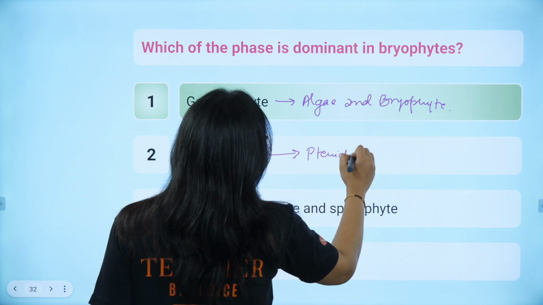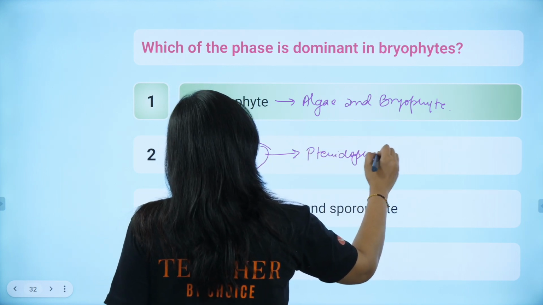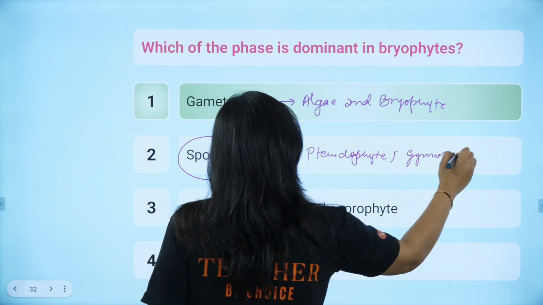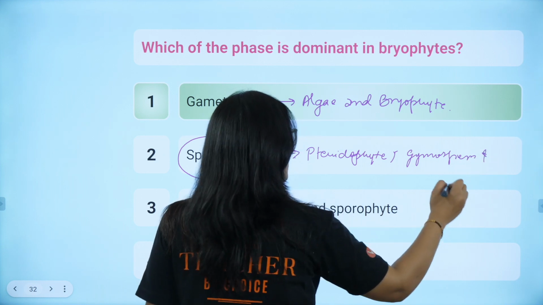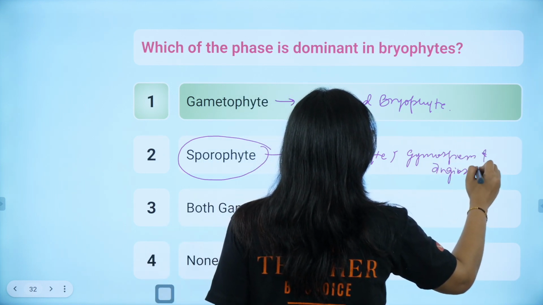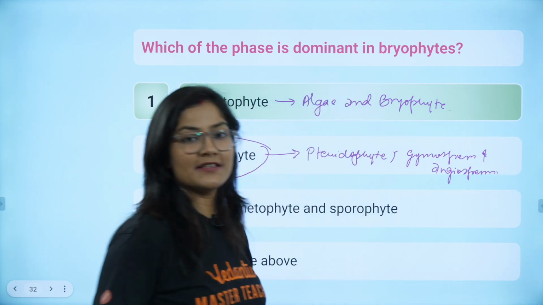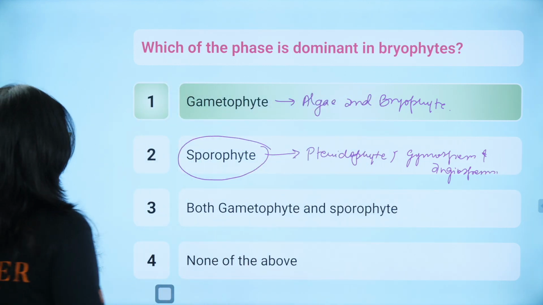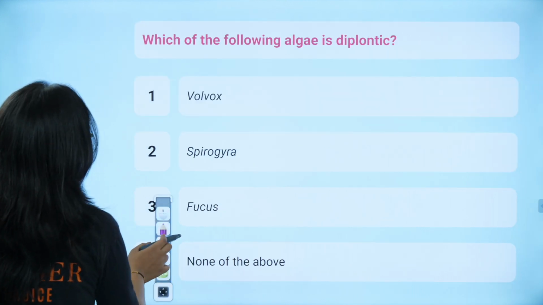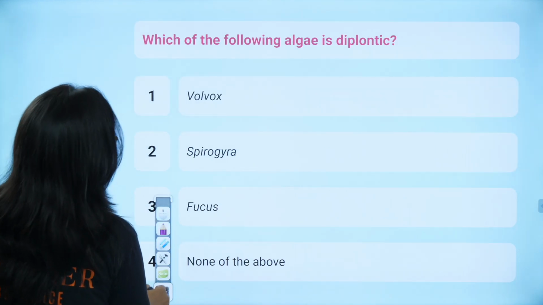So in your pteridophytes, gymnosperms and your angiosperms, right? There is presence of your dominant phase, that is sporophyte. Moving to the next one, the next question is which one of the following algae